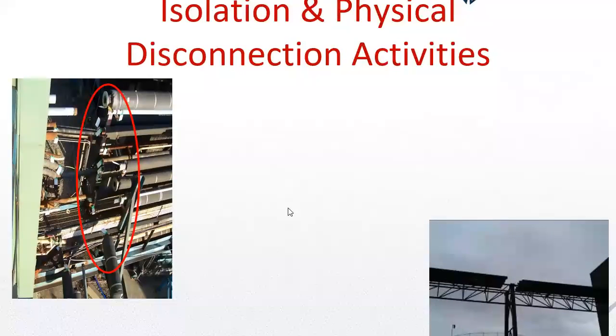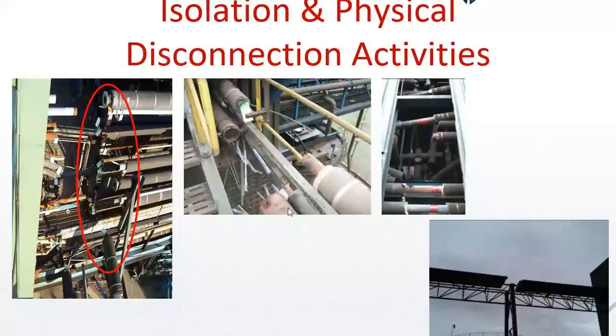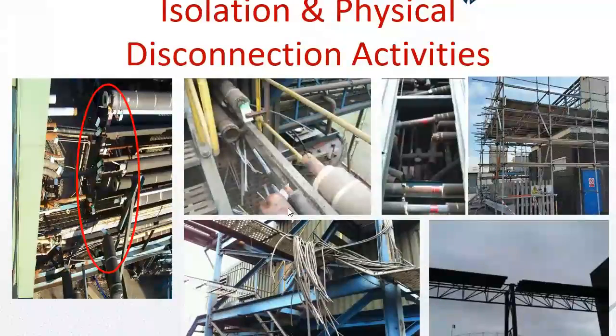When we talk about isolation and physical disconnection activities, this is associated with ensuring that all supplies of power sources of any means are isolated and physically disconnected, or clearly identified to the person who's coming along at the end, the demolition contractor. One area where power station decommissioning is very clear, and sometimes can be very simple, is a complete red ring of a whole site, rather than going to each individual drive, individual motor, individual power